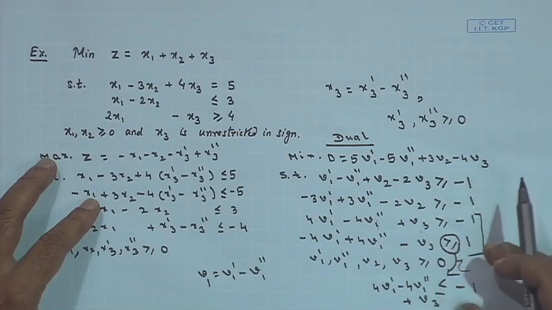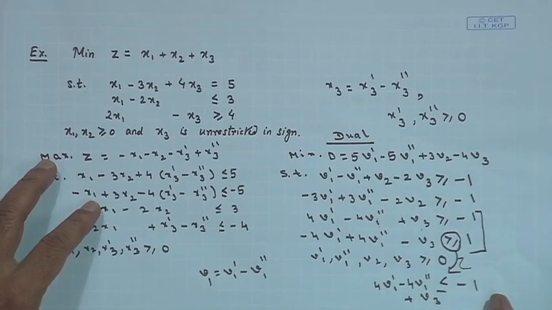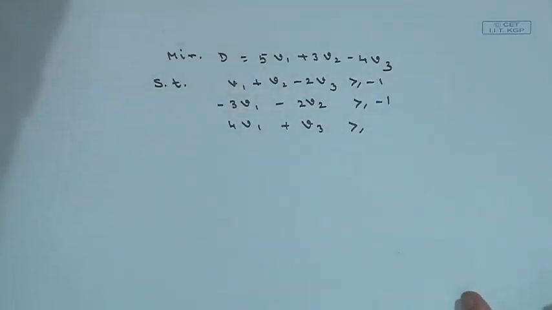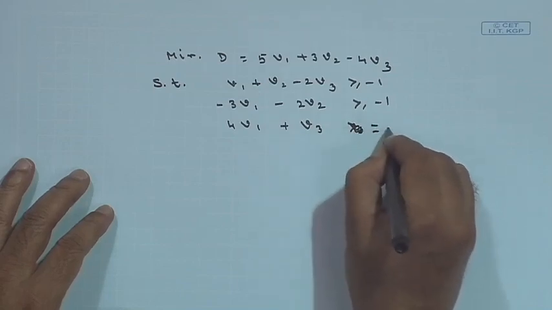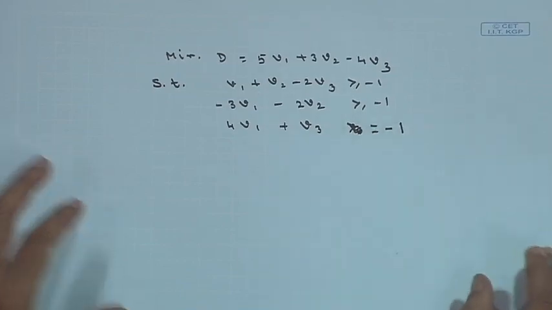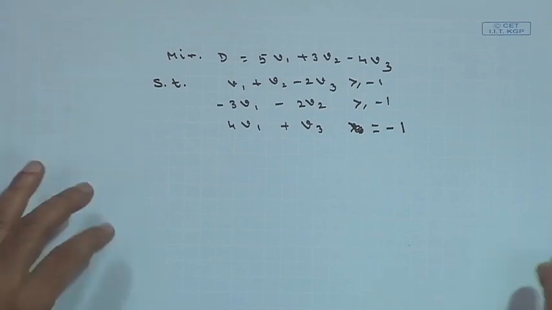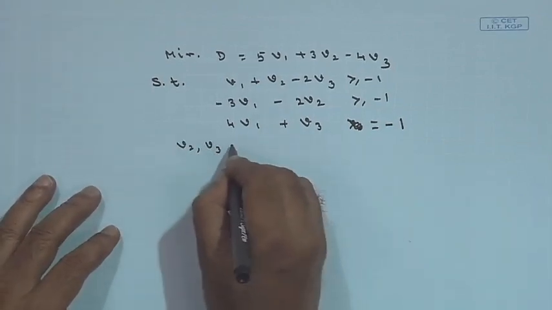So, this less than equals type and greater than equals type I convert and I can write one equality type constraint. So, this will be 4 v 1 plus v 3 equals minus 1. So, you see in this case your v 2 and v 3 are greater than equals